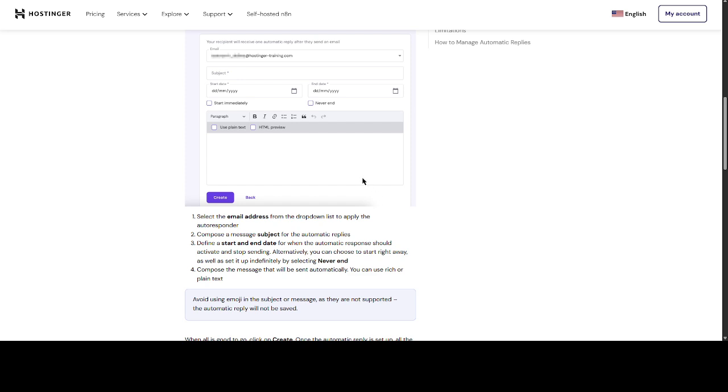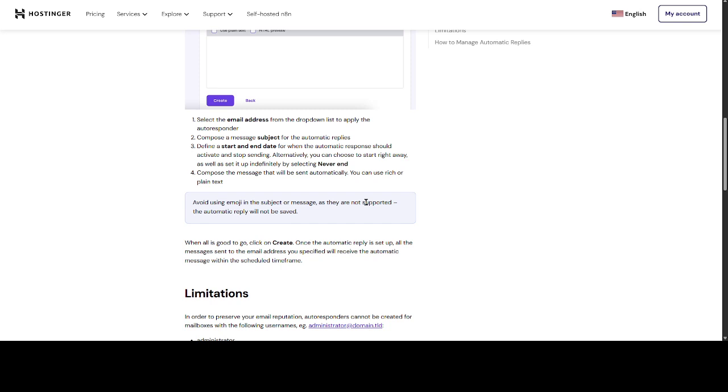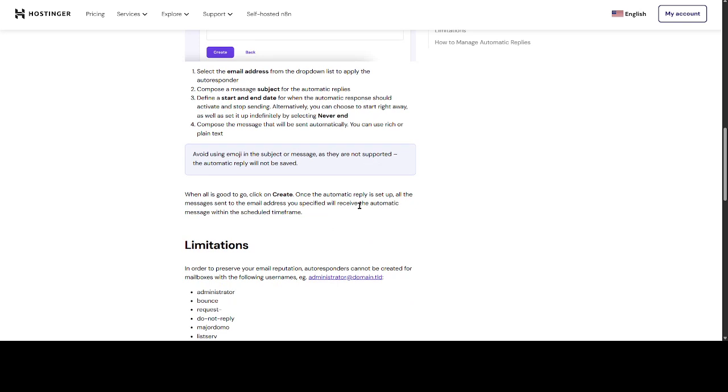Next, navigate towards the email section. You'll find it prominently displayed in the menu. Click on email and then look for a sub option that says autoresponders. This will be the section where we'll set up the automatic replies. Think of it as the command center for all response automation, ready to handle your communication needs while you focus